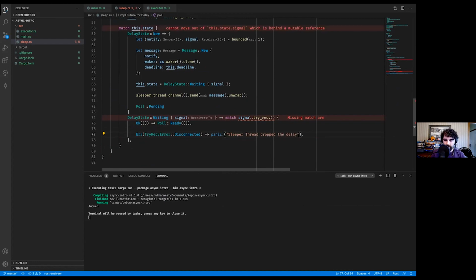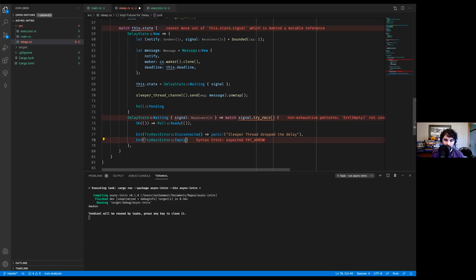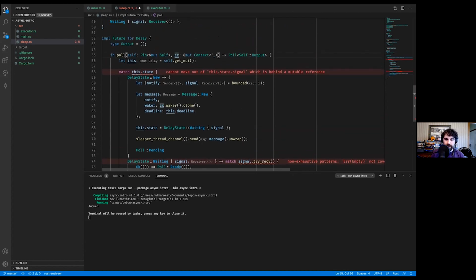Because our logic ensures that doesn't happen. And then the other thing that's going to happen is that it's empty. This is the typical case, right? We were polled, but we weren't ready yet. We do have sort of a problem here. And the problem here is that when we're polled, there is no guarantee that we were given the same waker as before. Usually we will be, but we can't guarantee that we were.